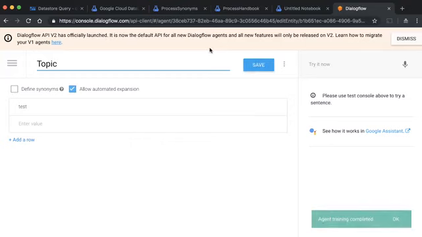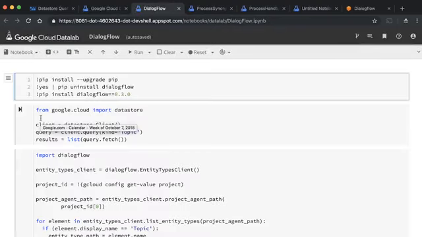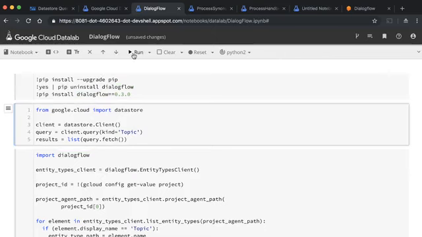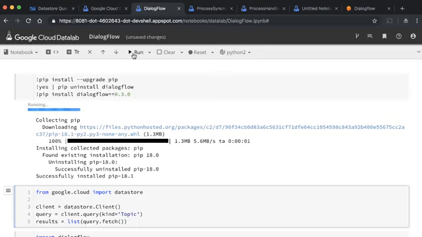So the next thing we'll do is go back to our Data Lab notebooks, and we're going to run the Dialogflow notebook. So we'll do clear all cells. For this notebook, we actually have to execute the first cell, and then we'll need to restart Python on the notebook server.